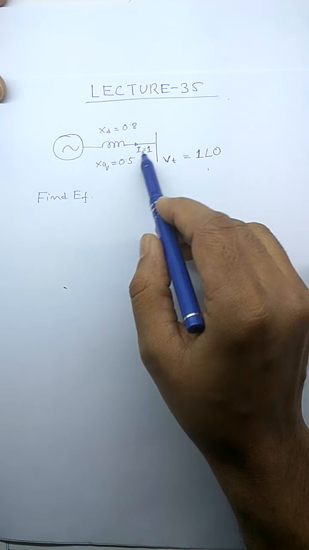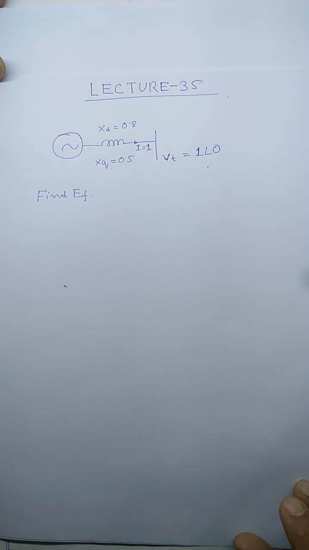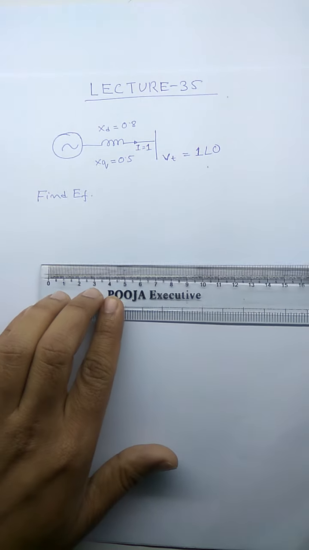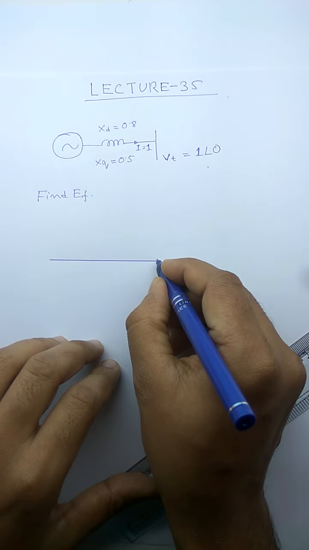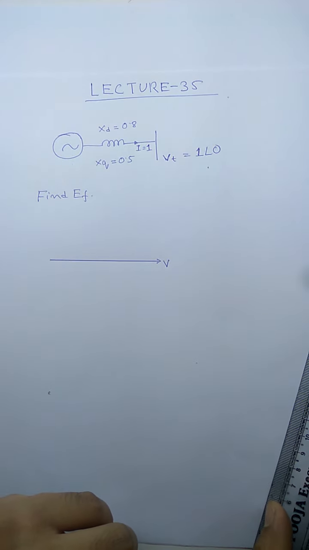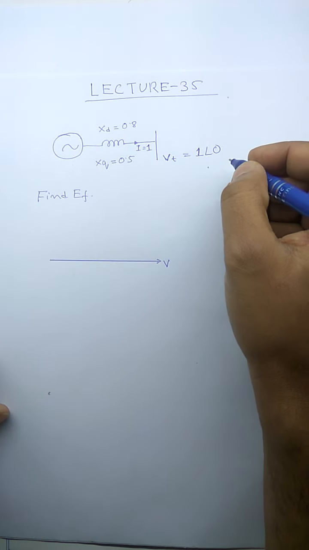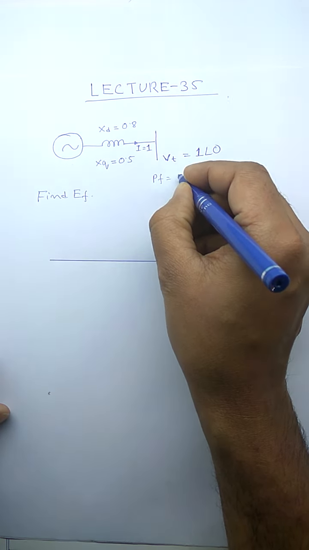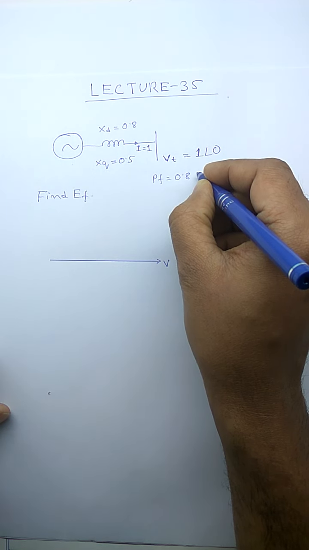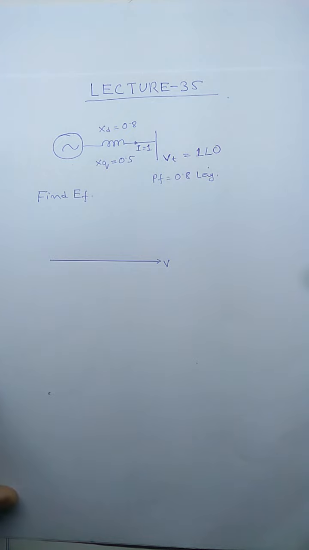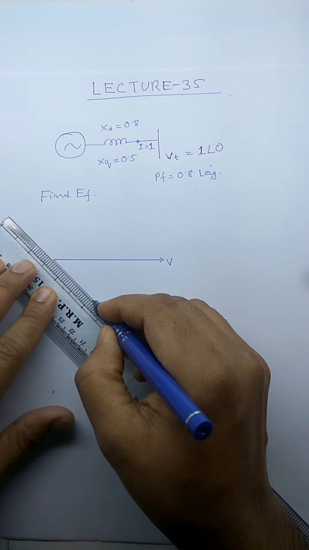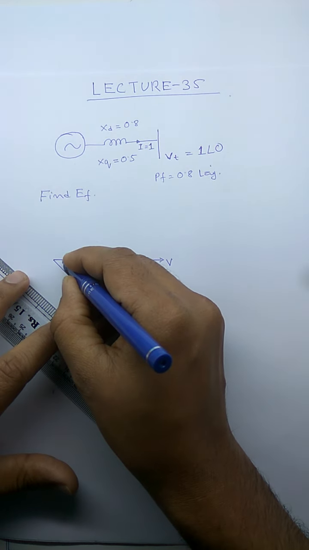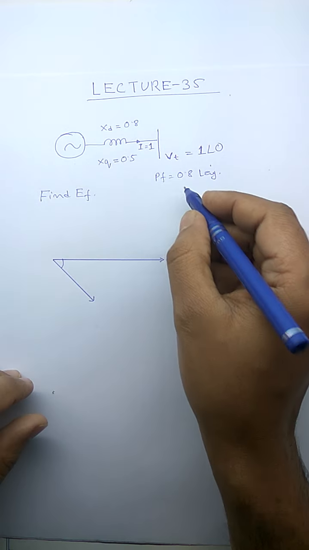The numericals are given in per unit so that it is easy for us to solve. So how will we solve this? Let's try to draw a phasor diagram and understand. This is my V, which is given to be 1 per unit, and one more thing is given: power factor is equal to 0.8 lag. The current flowing through the machine is also given, that is, the magnitude of I is given and this angle is cos inverse 0.8,